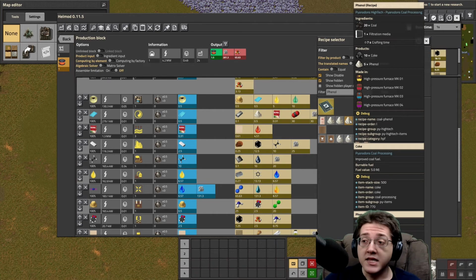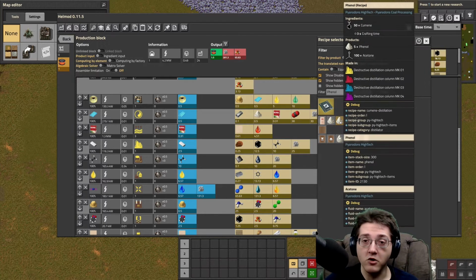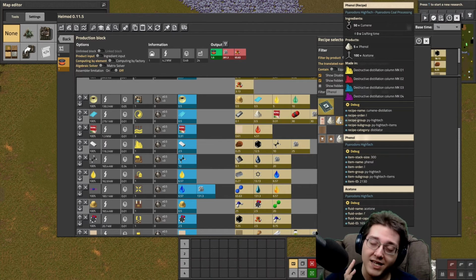I try to avoid anything that uses my zinc, so filtration media uses zinc chloride in the form of the activated carbon. It's zinc into zinc chloride into activated carbon into filtration media. I try to avoid filtration media usage wherever possible. This also uses a bunch of coal. It gives you a bunch of coke that you have to deal with, which is a solid fuel, which is always painful to have to deal with as a byproduct, especially when it's a whole bunch of coke. Cumene phenol is going to be the option of choice, but again,